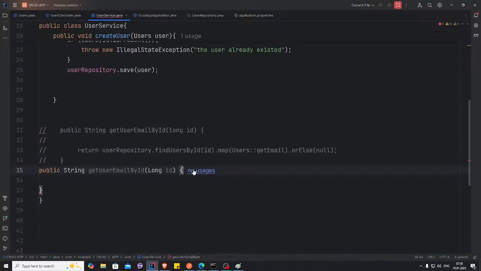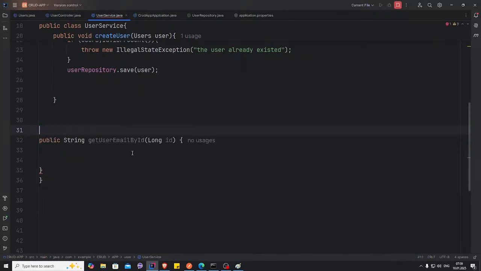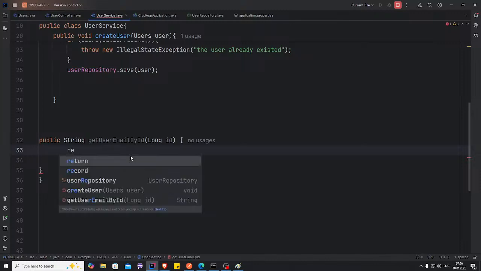So we said we'll be getting the email. We don't need that part right now, and I completely forgot how we got the email. We take the long ID and then find by email, and then return that. So return,